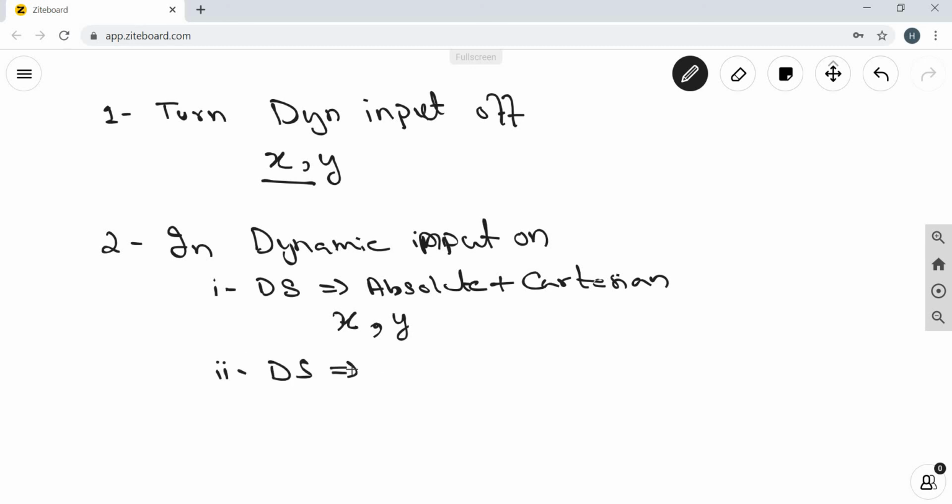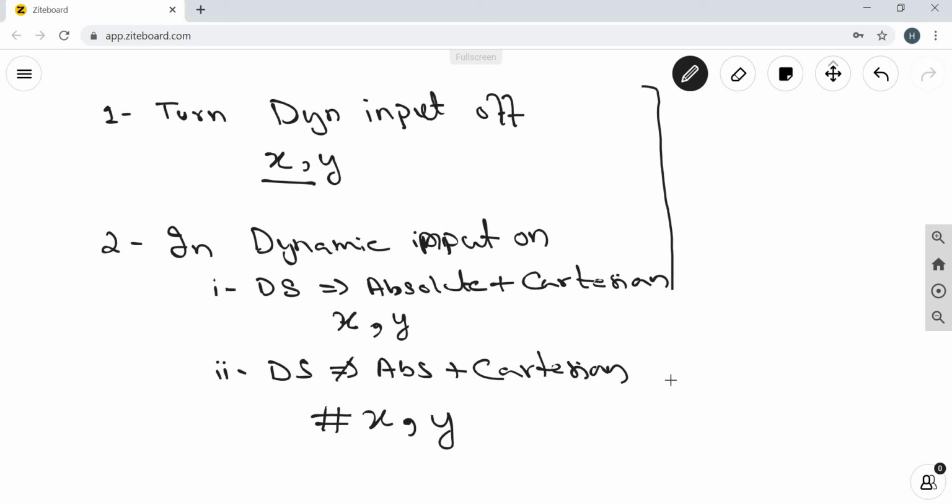And if settings are not equal to absolute plus Cartesian, you can use this format, hash absolute x coordinate comma absolute y coordinate. So these are the three ways which you can use to enter absolute coordinates in AutoCAD.